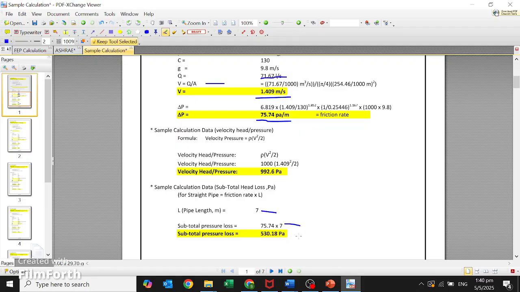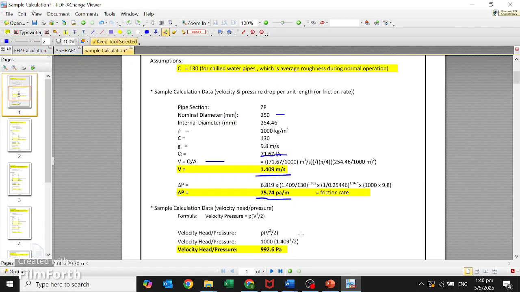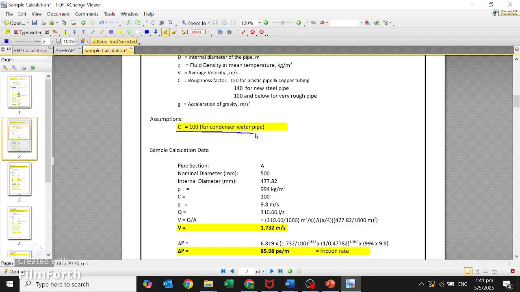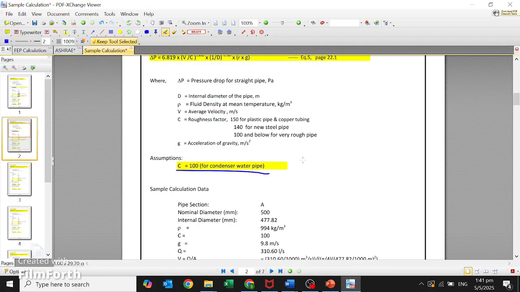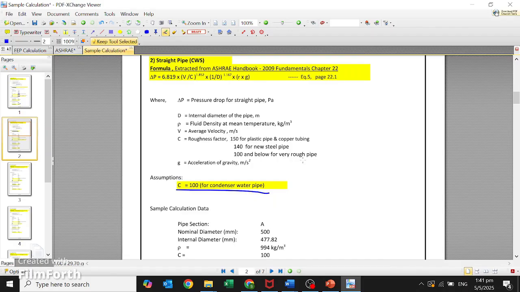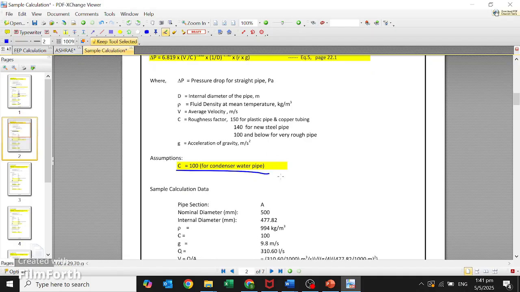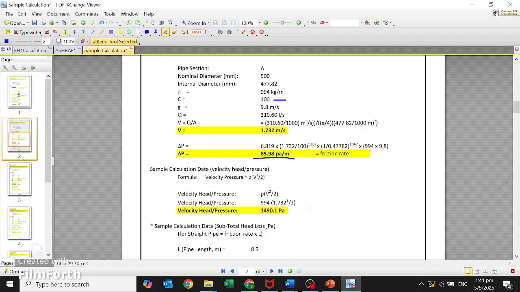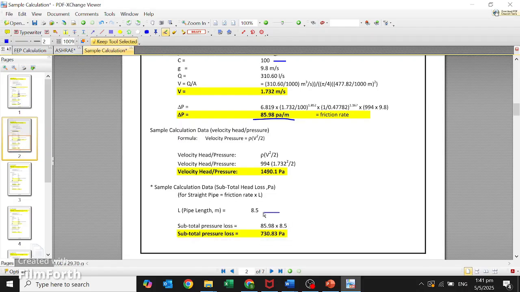In this calculation, the C value for chiller pipes is taken as 130. For condenser water pipes, it is taken as 100. The reason: condenser water systems are open circuit systems, and debris from outside can enter the pipes, increasing the pipe surface roughness. So, with a C value of 100, and using the same flow rate and pipe size, the pressure loss is 85.98 pascals per meter. For a pipe length of 8.5 meters, the total pressure loss is equal to